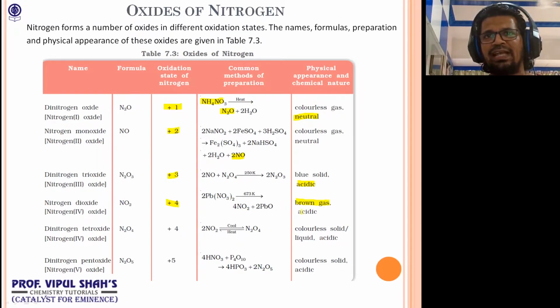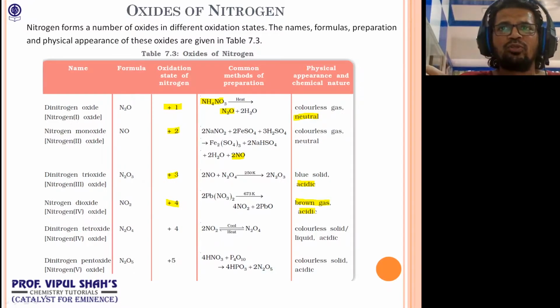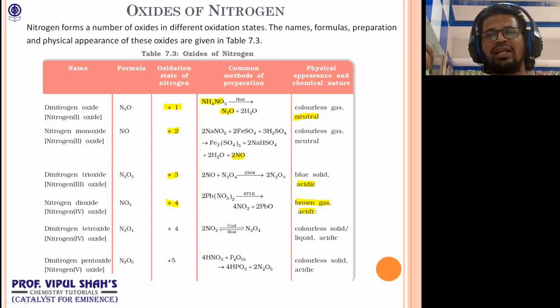which is an acidic gas. Now the brown gas, technically, if you remember, I told you the brown color of NO2 is because it reacts with the aerosols, that is the liquid aerosols as well as the solid aerosols, and it forms smog. Smog is a colloidal solution of smoke and fog. Smoke was basically solid in gas and fog was liquid in gas. So combining together with that, it forms a brown gas, that's NO2.